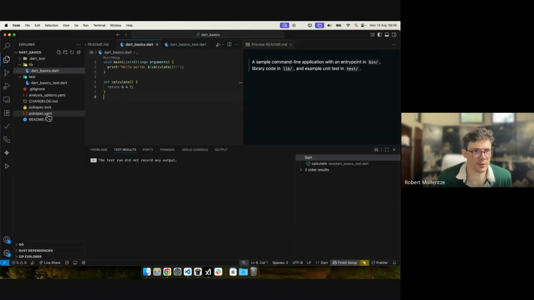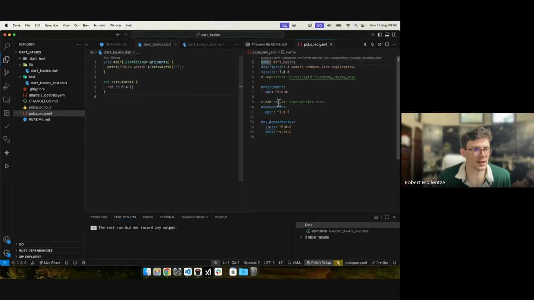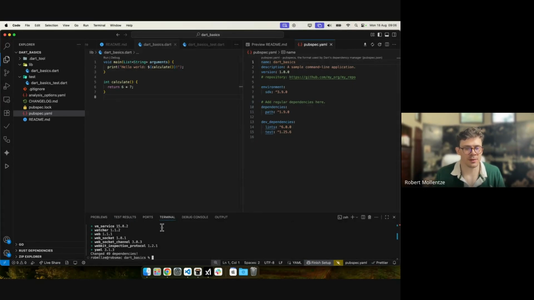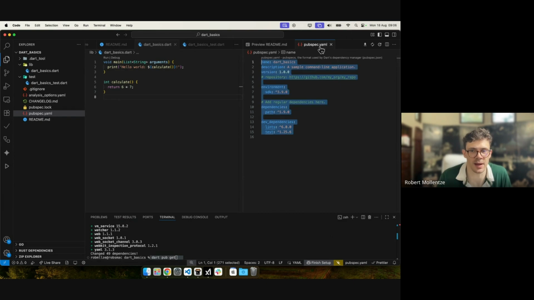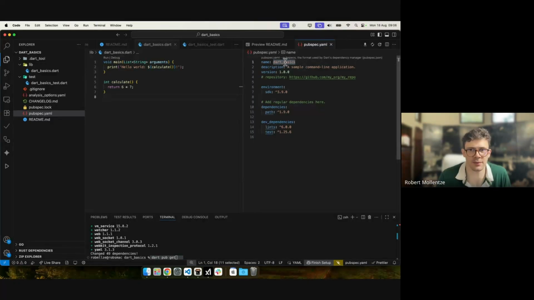So then we have this very important file here called pubspec.yaml. When I put this command in here called dart pub get, this is a tool. Pub is a tool that is run on your system. It reads this file called pubspec.yaml. And here we can define a few properties of the application. We can define the name of the application, description, the version of our application, and also which packages this application